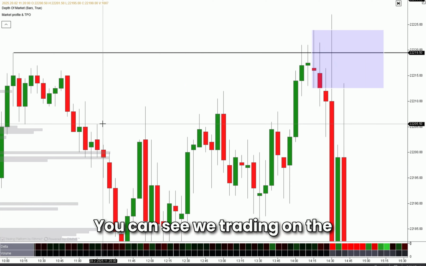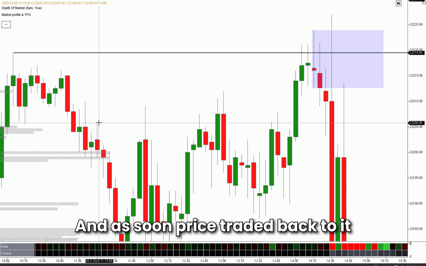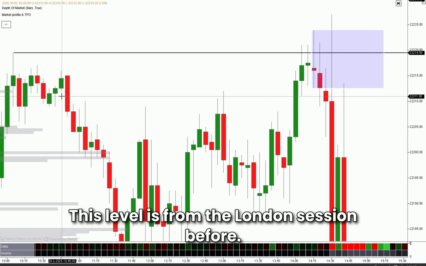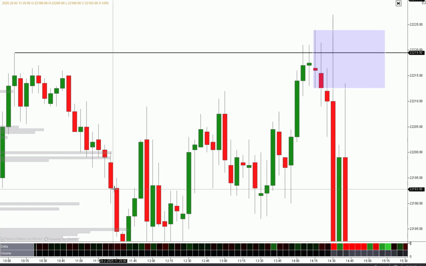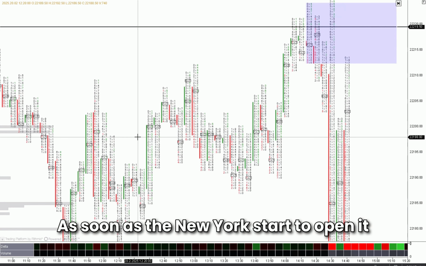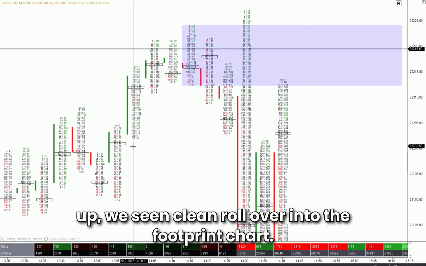You can see we're trading on the equal highs right here, a value high level, and as soon as price traded back to it, we saw a rollover onto the footprint chart. This level is from the London session before. After that, we traded away from this level during the London session. As soon as New York started to open up, we see a clean rollover into the footprint chart,